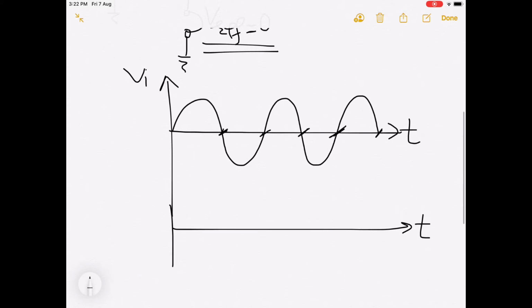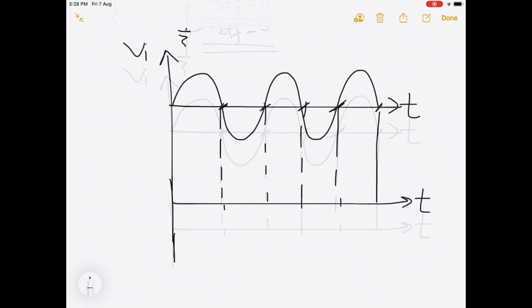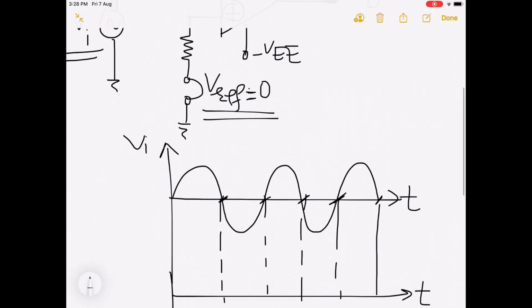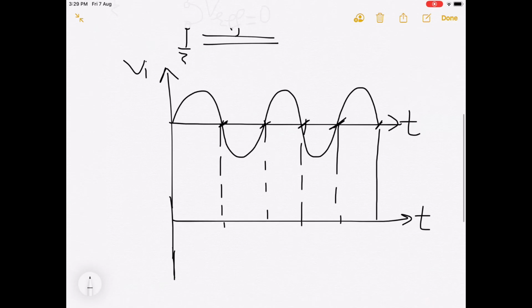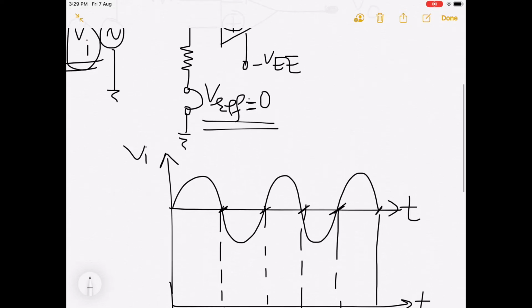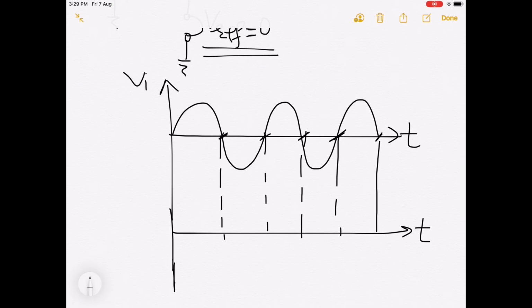So when it crosses this 0 level, there will be change in the output that we have seen in the above diagram. Okay. So when it crosses and input is applied to which terminal? Input is applied to the inverting terminal of op-amp. See this in this diagram. Vi is applied to inverting terminal of op-amp. Okay. So as your input crosses 0 level, your output will change the state. Input is applied to inverting terminal, that means your output gets inverted with respect to the input.